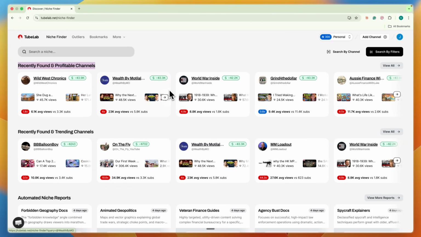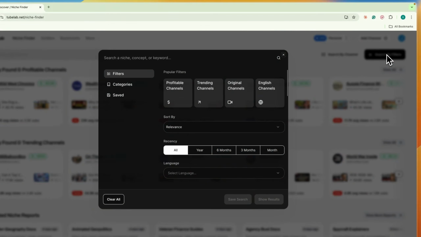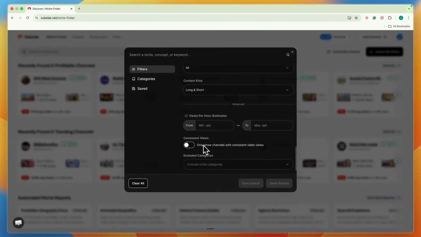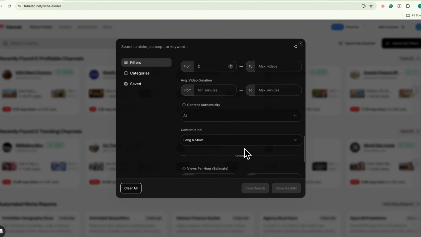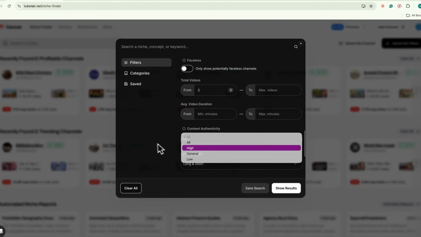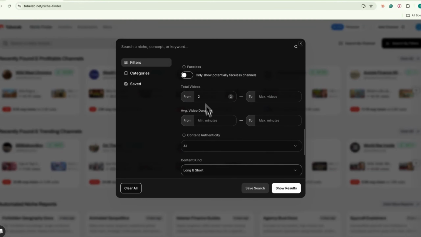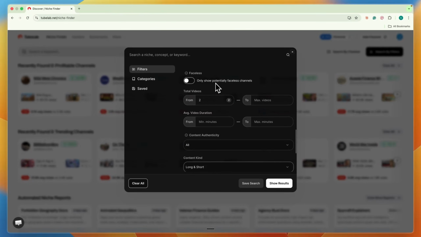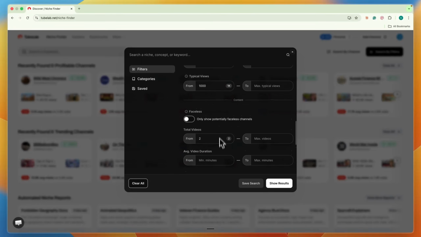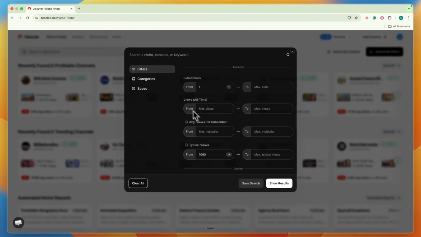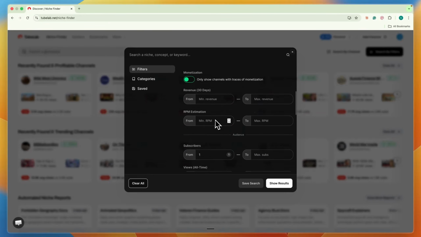But what you can also do is just search by your own filters. If you click search by filters, you can set a bunch of filters right here, such as views per hour, only show channels with consistent views. You can go by content authenticity, the content kind being long or short form. You can only show potentially faceless channels. You can filter by total videos, video duration, typical views, average views per subscriber, views all time, subscribers, and much